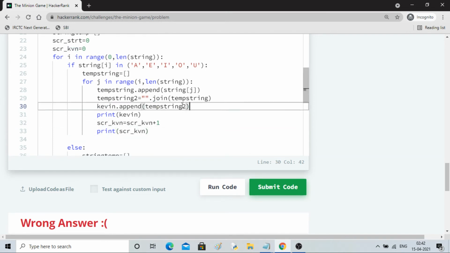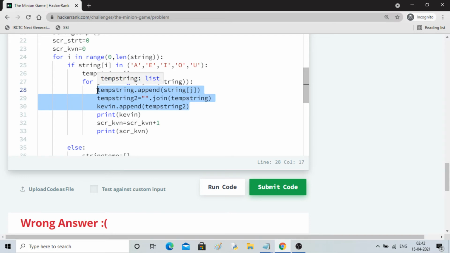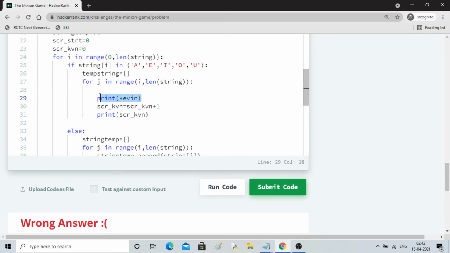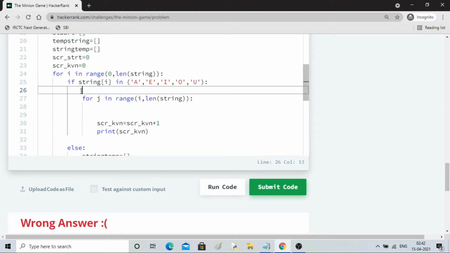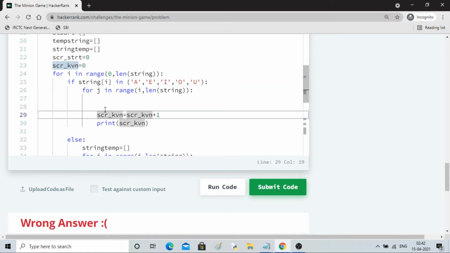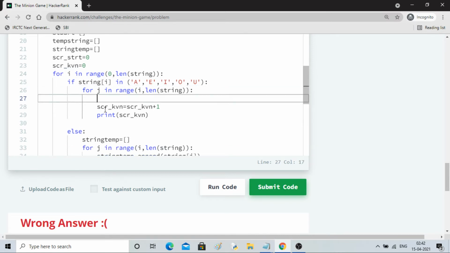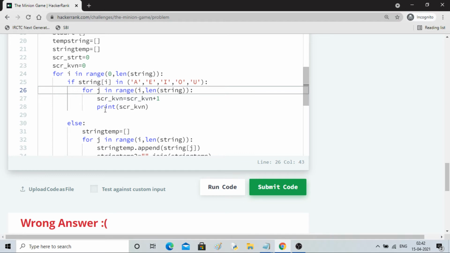So I can remove this guy, everything, this guy, and I can just run this. Even this guy as well I can remove. There won't be any difference, right? We just have to add the scores.